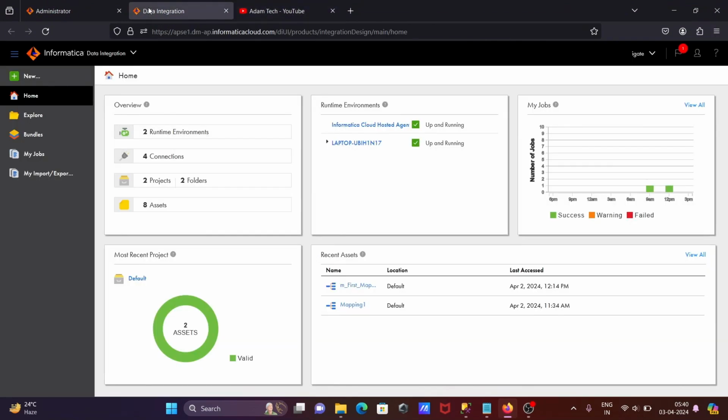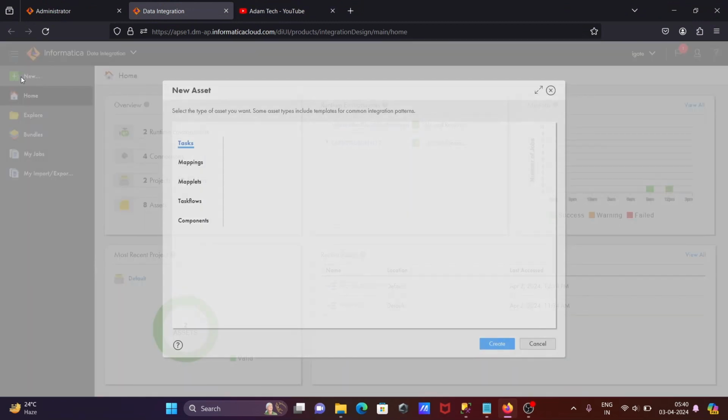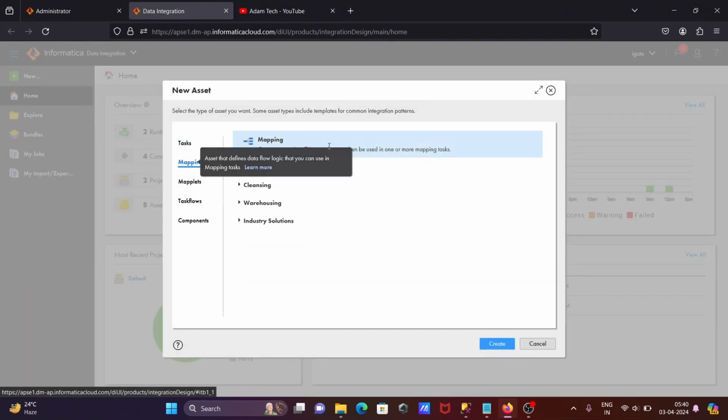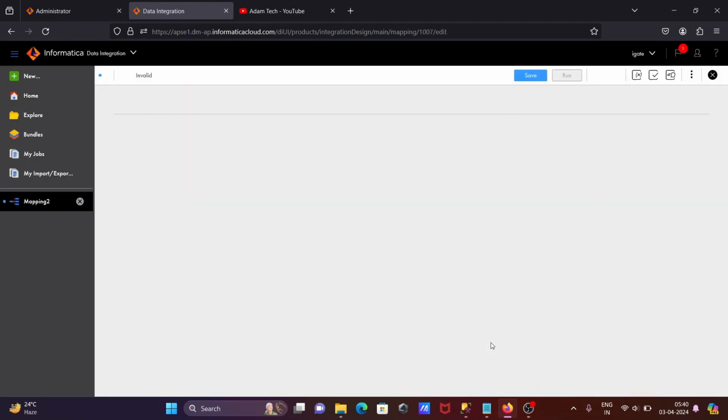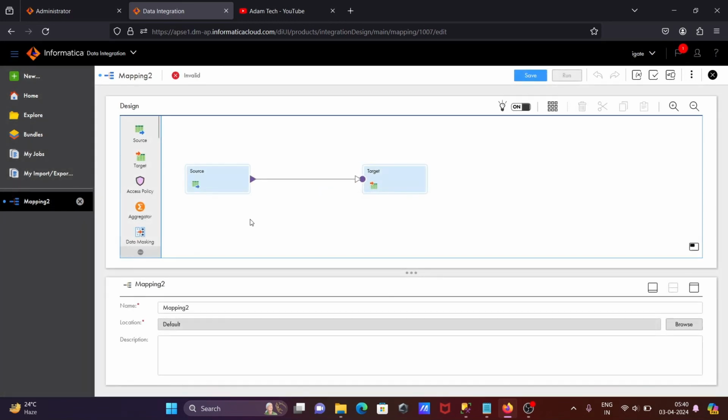let's go to Data Integration here. Let's click on New, go to Mapping, and click on Create. So the mapping is created. Now we need to first give a meaningful mapping name: M underscore load data. You can give any meaningful name, and thereafter we need to give a description. Let's write: loading data from flat files to